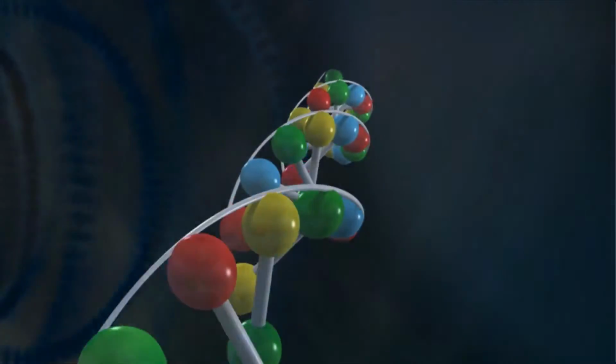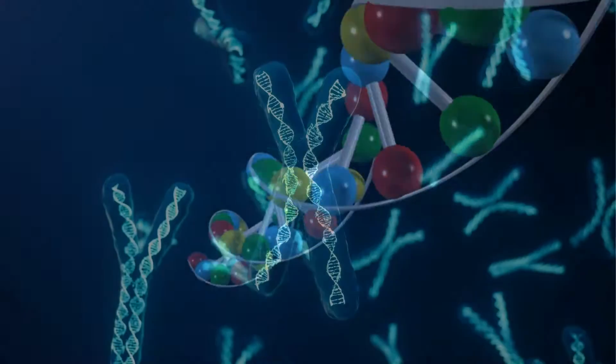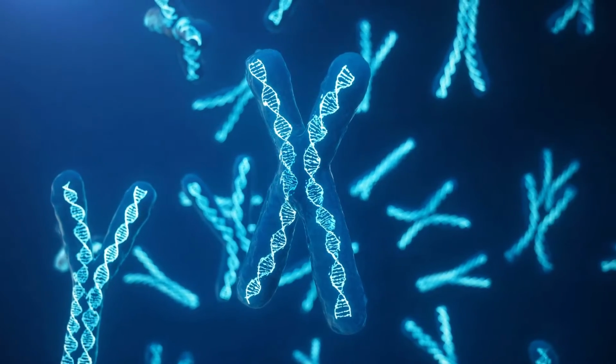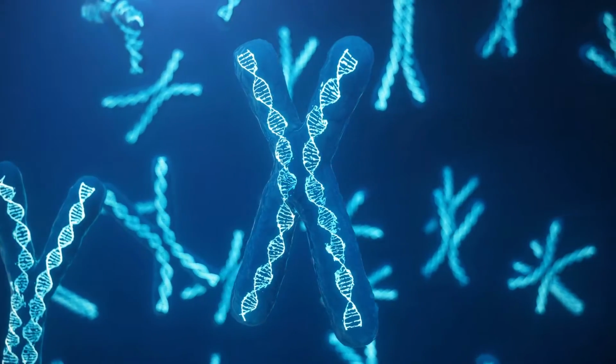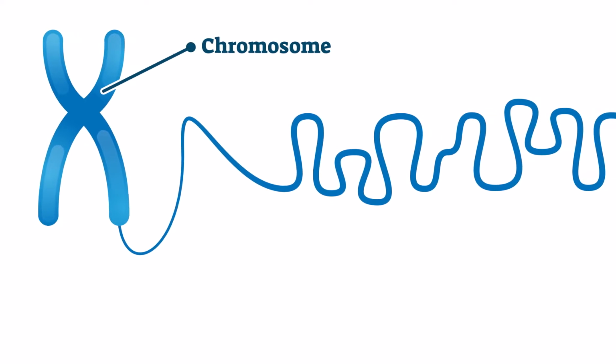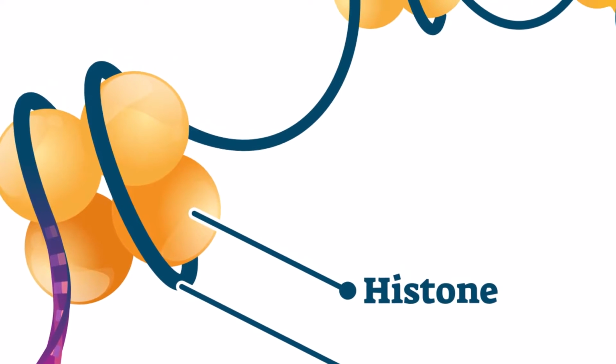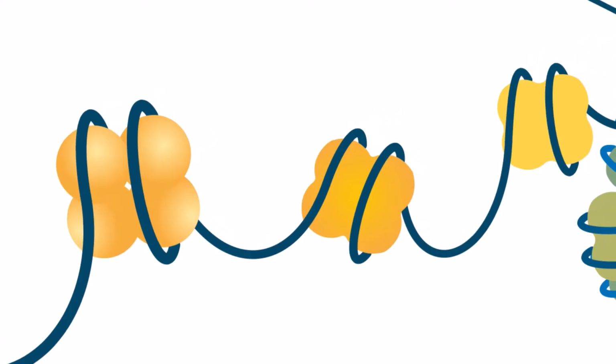Most of the time, chromosomes exist as thin chromatin fibers that are too thin to be seen using a light microscope. But as a cell prepares to divide, its chromatin fibers coil up, forming compact visible chromosomes that can be seen under a light microscope. Each chromosome of DNA is packaged into an elaborate, multi-level system of coiling and folding around proteins called histones. Histones attach to the DNA. The DNA coils around these histones, forming a nucleosome.